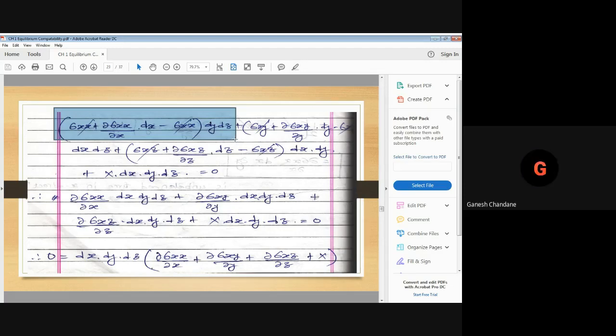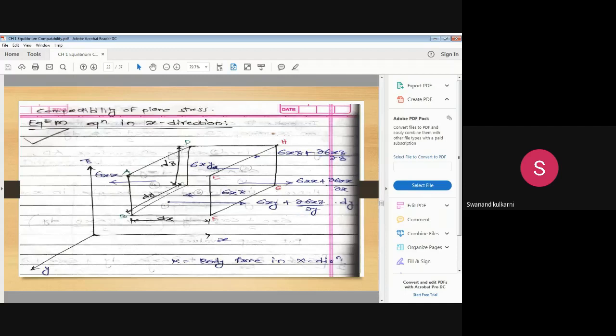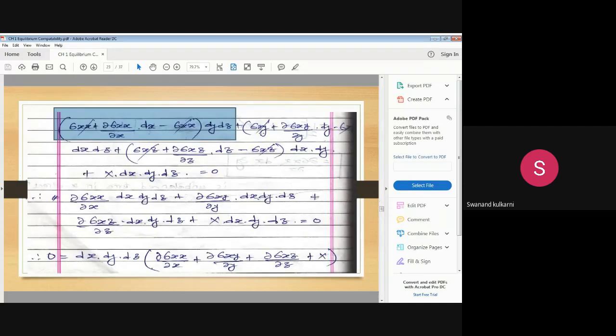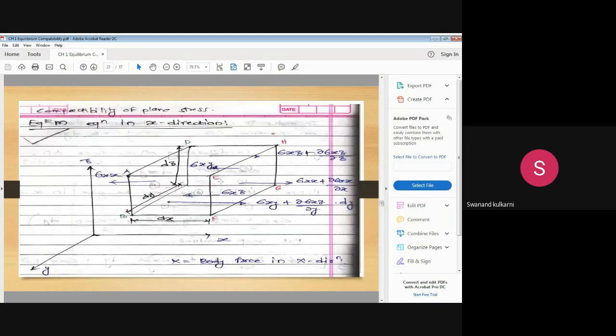Yes, sir. Similarly, now if we consider the surfaces, see here, sigma xy. If we consider this particular surface, sigma xy, here we can have this surface. Sigma xy is the top surface, sigma xy plus dou sigma xy upon dou y dy is the bottom surface. So if we subtract, the positive y-axis is sigma xy plus dou sigma xy upon dou y dy, and this